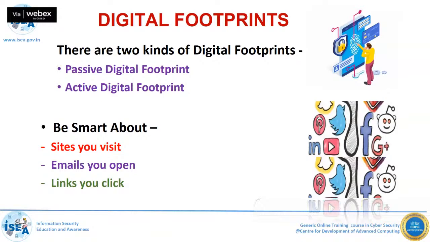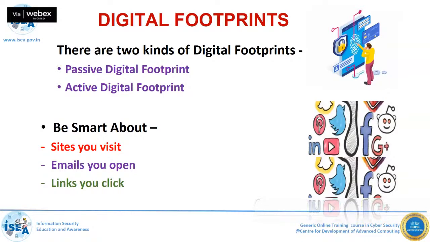So there is the active digital footprint and the passive digital footprint. Passive digital footprint means without your knowledge. For example, you have an internet connection. From that connection I can find out all this information: what your IP address is, who is providing the internet to you, and which location it is located in. Without your knowledge, some information can be viewed. Some information is already available with respect to you, right?